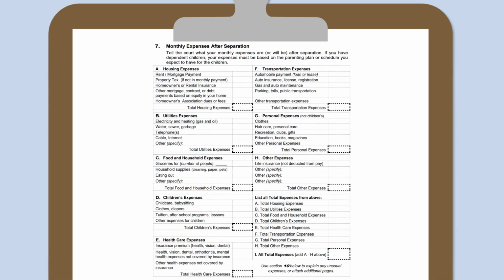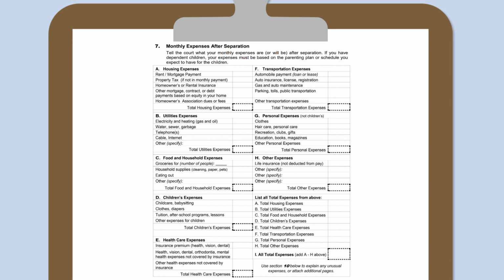Now we move on to page 4, section 7, monthly expenses after separation. Separation is a legal term defined as two people that were married, no longer living together. If you were never married, then that just means your current monthly expenses. The instructions read, tell the court what your monthly expenses are or will be after separation. If you have dependent children, your expenses must be based on the parenting plan or schedule you expect to have